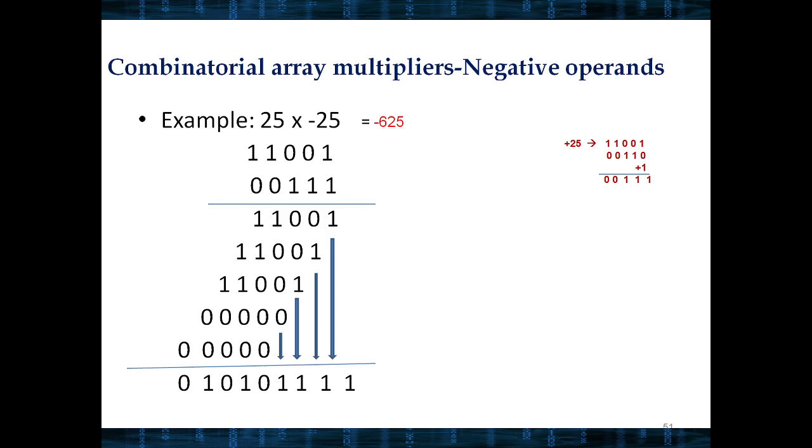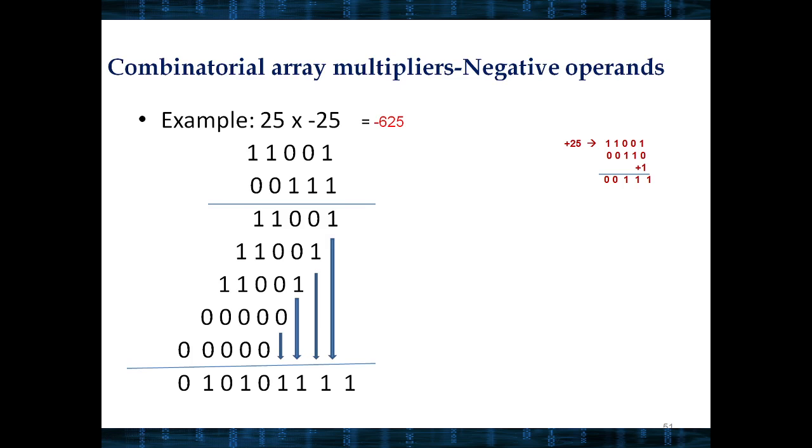So we'll take one example here with a negative operand. I have considered 25 into minus 25. As we discussed in the previous session, here 25 is a positive number and the multiplier is negative. So we need to take a 2's complement here. First we take plus 25, convert it into 1's complement, and add 1 to it. So you will get negative 25. Then we'll consider these two and perform the same school method, or use the combinatorial array multiplier